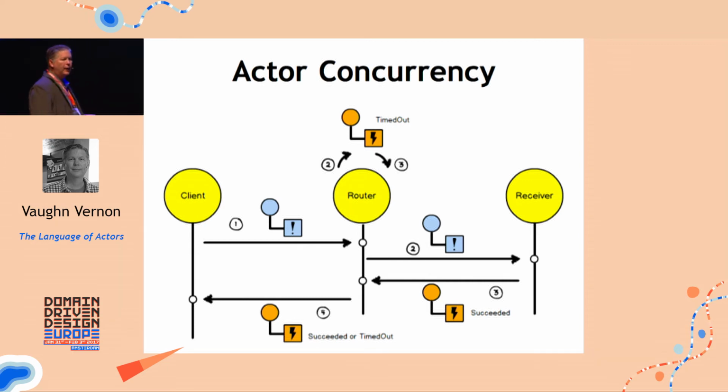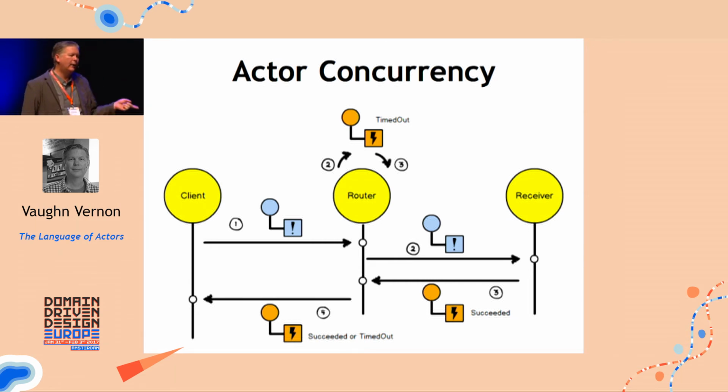And actor concurrency can be denoted by this kind of diagram, and notice that there are multiple step 2s and multiple step 3s. That's not a mistake on the diagram. Those are actual concurrent operations that are happening because of simultaneous message sending and delivery. So for example, step 1 is a client sending a message to a router. When the router receives that message, it takes 2 steps. It sets a timeout